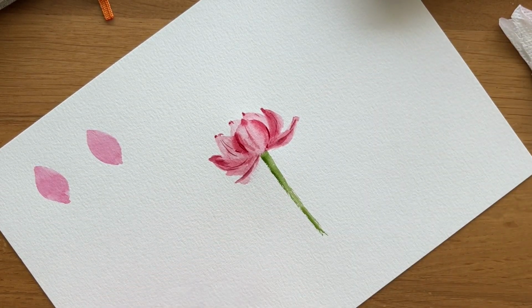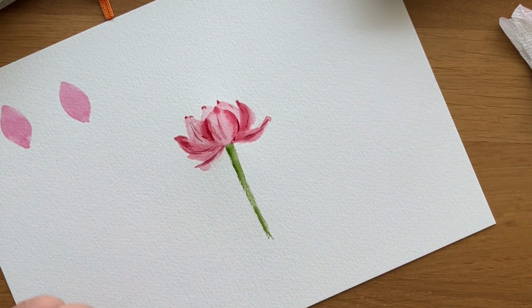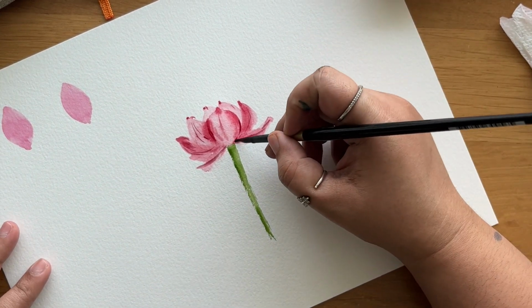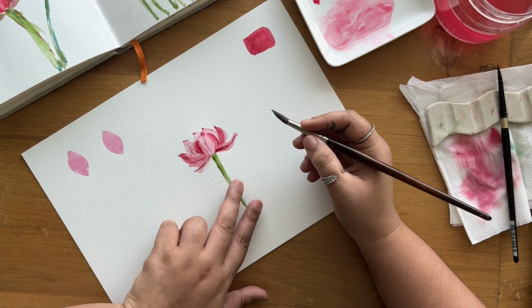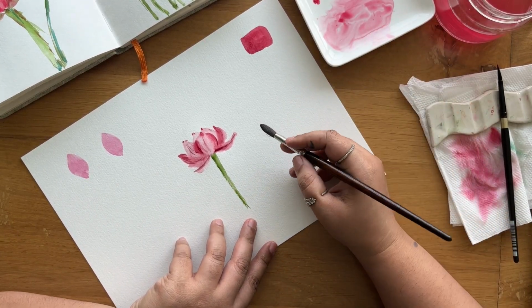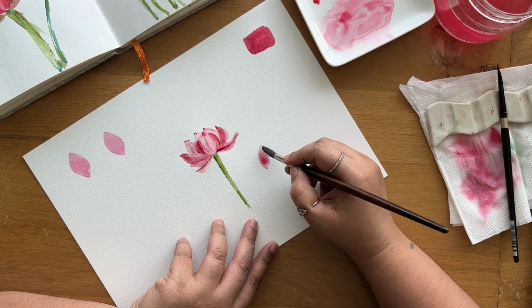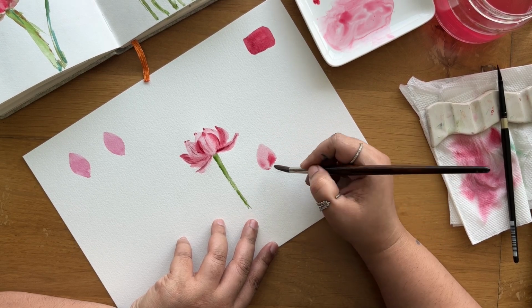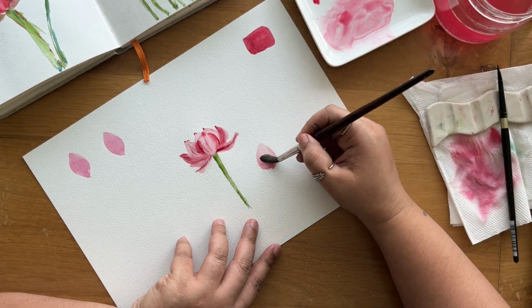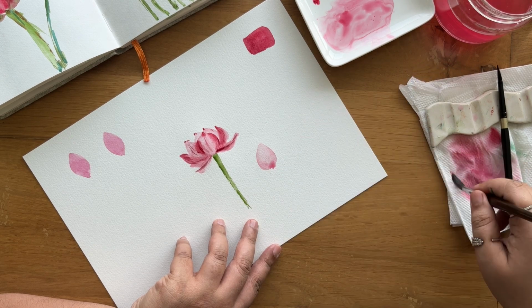Okay, that's done. Your lotus. Now let's do it again. I also try to make a bud, lotus bud. Now I'm going to continue working and make another lotus over here on the side. Okay. Again, start with one big stroke, clean the brush, remove the color so that you get nice transparency when